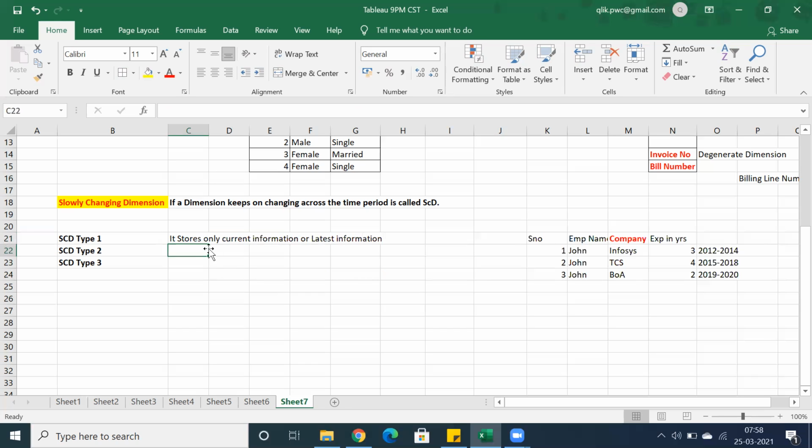Okay, it stores only the current information or the latest information. So that means, let's say this is the historical data. Okay, this is the historical data.